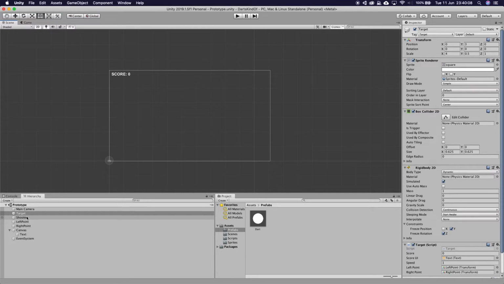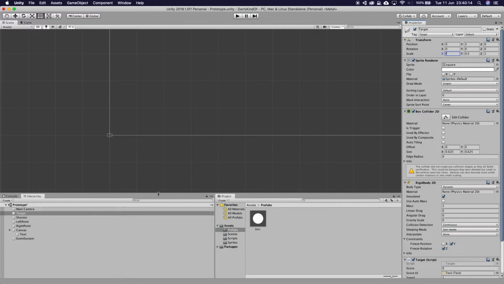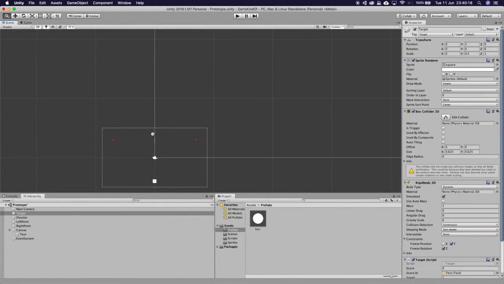I find it quite hard to hit this target. So for now, I'm going to actually make it a little bit bigger. So let's zoom back in. If you click on a game object and you press F in the scene view, it will zoom straight into that object. Although it seems to have disappeared